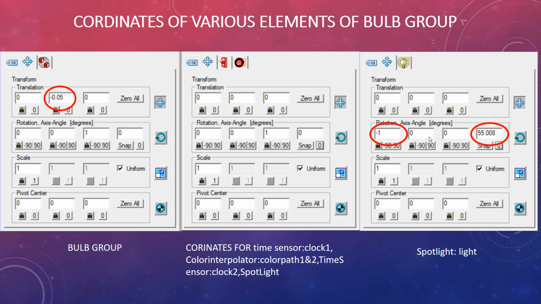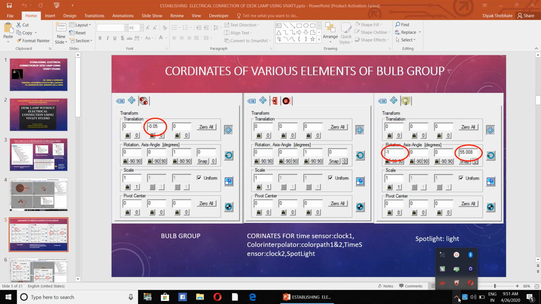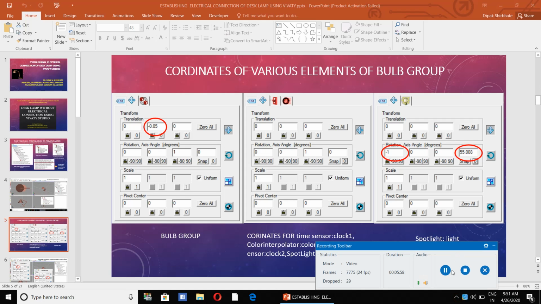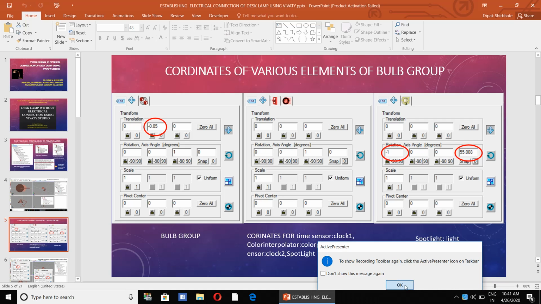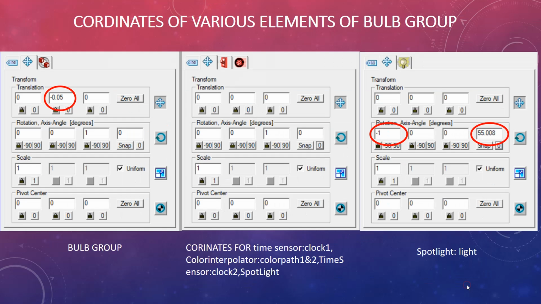There is a small change. So the spotlight coordinates and the bulb group coordinates need to be changed, and the rest are the default coordinates.